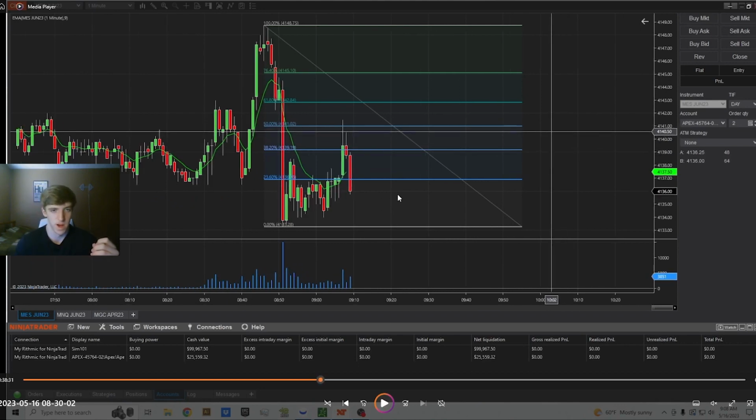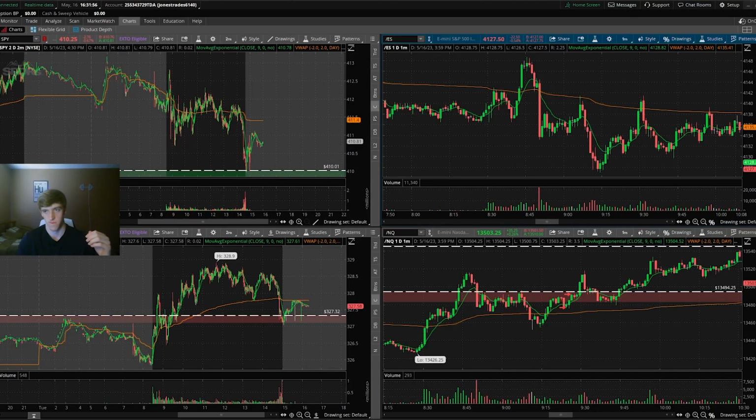that I missed. Now, this is not my go-to strategy, but it is something I'm trying to implement into my trading. The whole idea is using Fibonacci retracements. I'm not a huge fan of this strategy, but I've noticed on these slower range days, it seems like there are some good Fib setups. Here, I took this pivot high and this pivot low, and I drew the Fibonacci retracements out, and I noticed that the market came back up and touched the 50% retracement, which also aligned perfectly with VWAP on